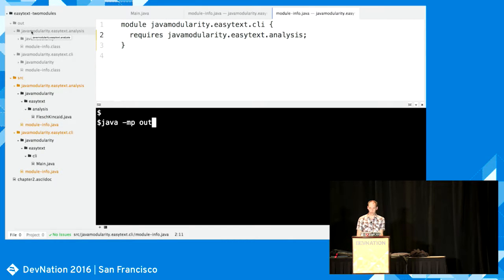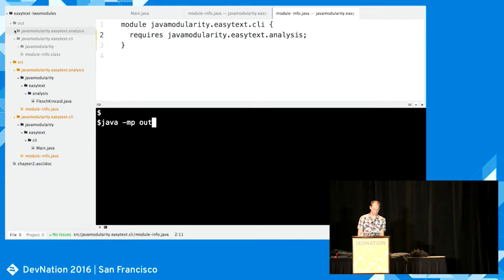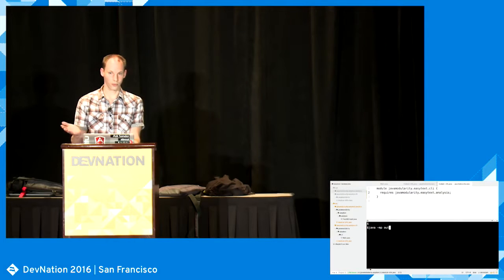By the way, you can also package up these compiled modules into jars. And once you include the module info class, then it's a so-called modular jar. But in this case, we're just going to run them in place without packaging them up. So we have a module path, and you might think, okay, what's in the name? Class path, module path, sounds all the same to me, but we'll see that it's quite different.